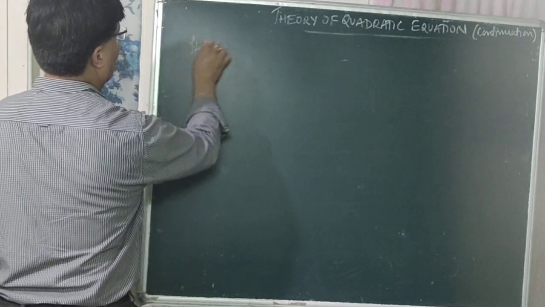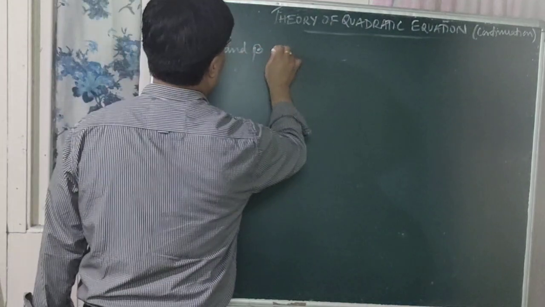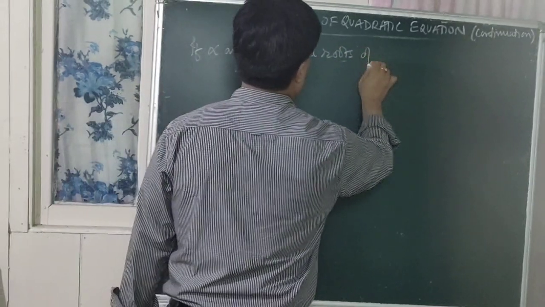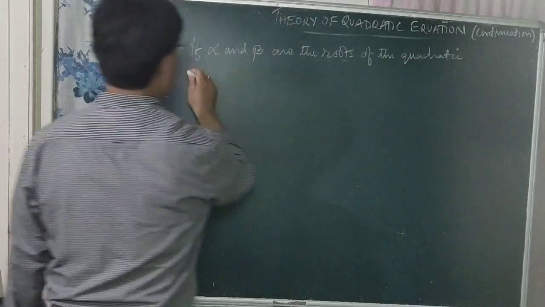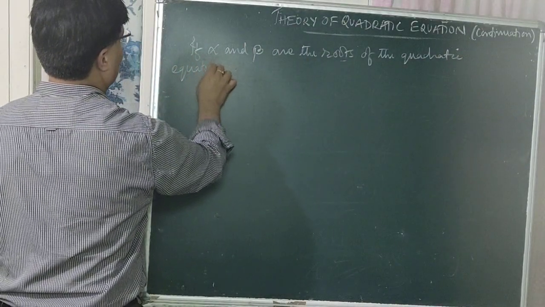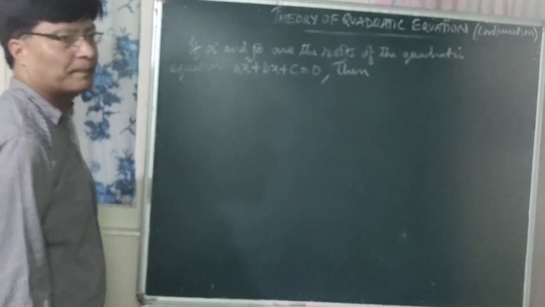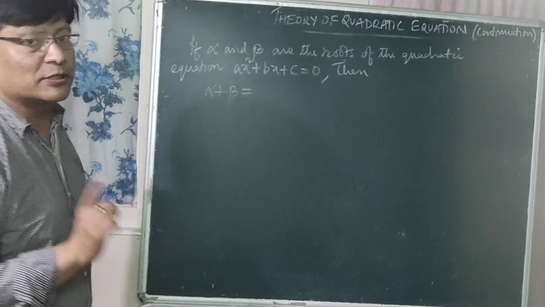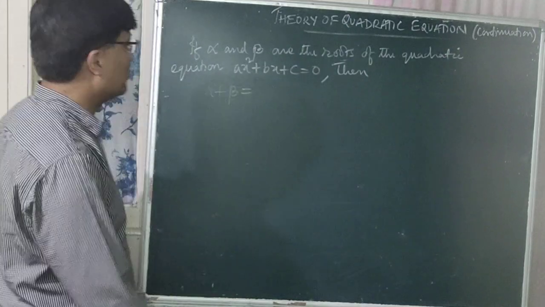suppose alpha and beta are the roots of the quadratic equation ax square plus bx plus c is equal to 0, then what is alpha plus beta? What was the formula that we have just derived? We have just derived the formula for alpha plus beta, that is the sum of the roots, which is equal